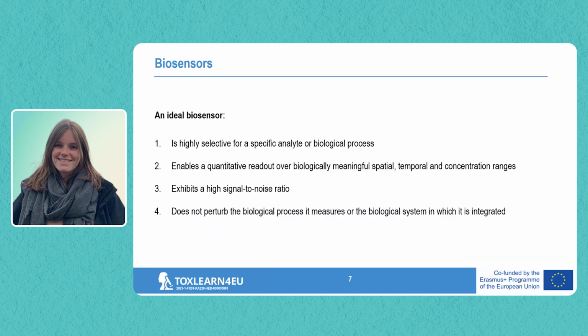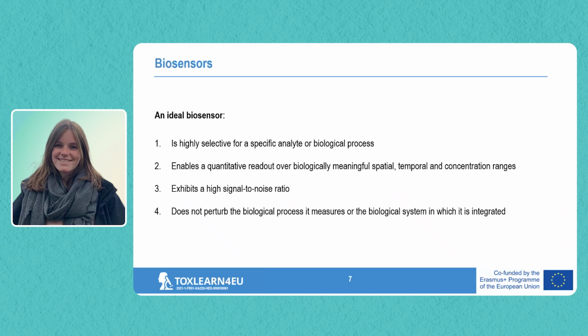Of course, not every sensor is the perfect sensor. I think none of the biosensors that exist today are perfect. They all have their drawbacks. But let's assume you want to design the perfect biosensor, then these are all things that you need to take into account. First of all, the biosensor should be very selective for the analyte or biological process that you want to measure. For example, if you want to measure hydrogen peroxide, you want your sensor to only respond to hydrogen peroxide and not to other ROS, for example,